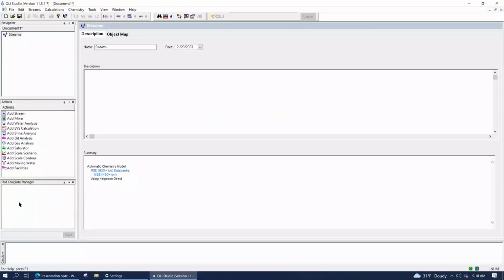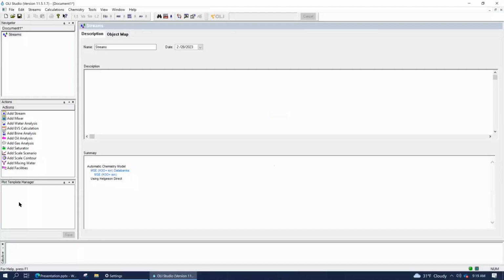Below that is something called the plot template manager. Now, when you do surveys or mixing calculations, you're going to generate plots. And sometimes you can have plots that are common to you, like, for example, a pH survey, or you may be looking at the amount of solids that come out of solution, or the scaling tendency of a solid, or even like a corrosion rate calculation. And you may actually modify the settings of the plot so that it's presented in a way that you either want to interpret it or in a way that you want to present it, let's say in a report.